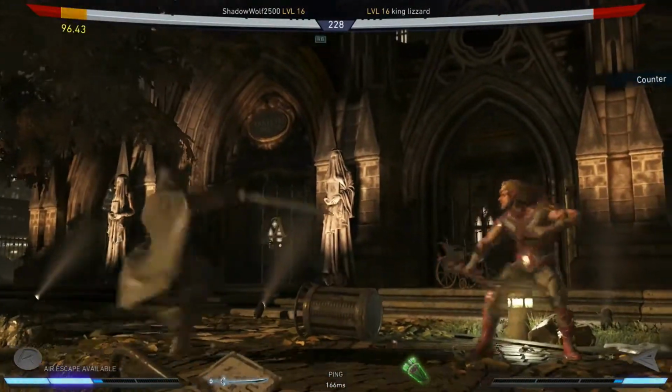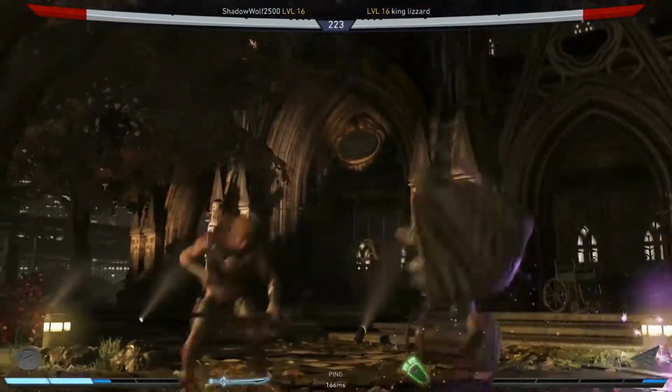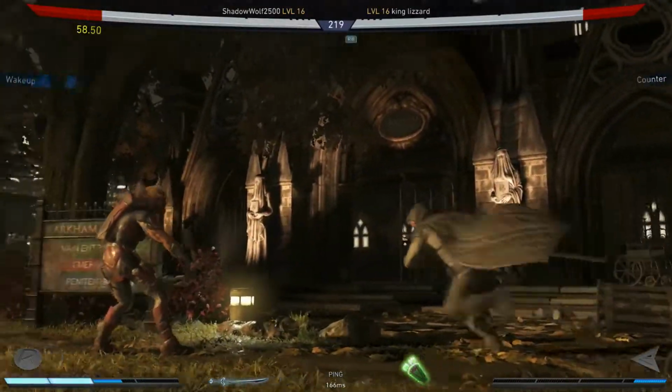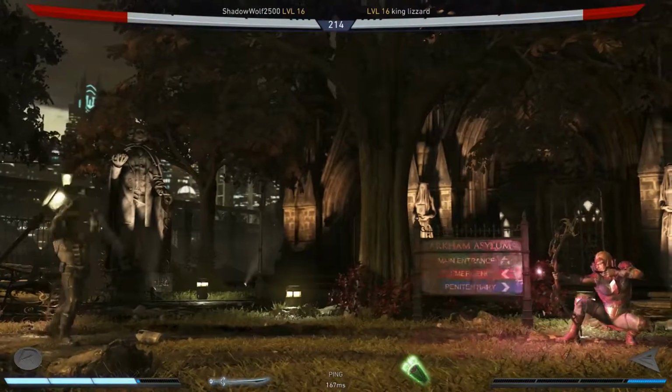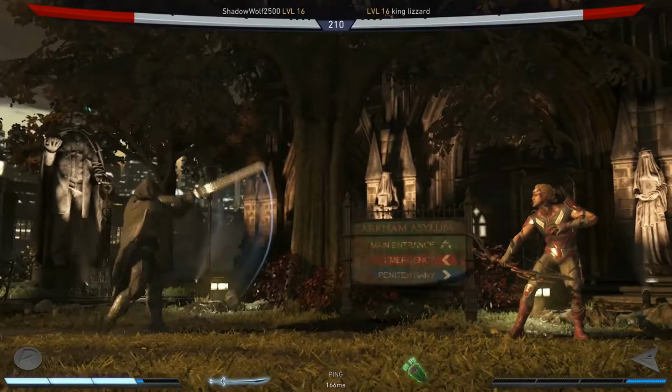So I chose the Green Arrow here. I quite like the Green Arrow. It's a really good character, probably one of my favourite characters in the game. He's got some extremely good ranged attacks as well as an awesome up close and personal CQB style. So he's got some really good combos that you can put together if you can pull them off against your